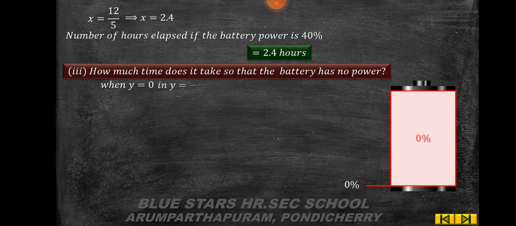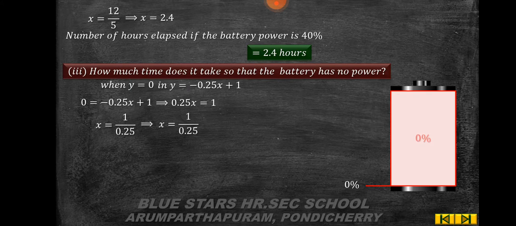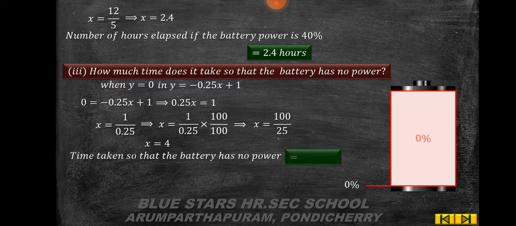When y is equal to 0 in y is equal to minus 0.25x plus 1, which is given in the question. So you just substitute the value of y is equal to 0 in that equation. So 0 is equal to minus 0.25x plus 1, which implies 0.25x is equal to 1, x is equal to 1 by 0.25, which implies x is equal to 1 divided by 0.25 into 100 divided by 100, which implies x is equal to 100 by 25. So x is equal to 4. The time taken so that the battery has